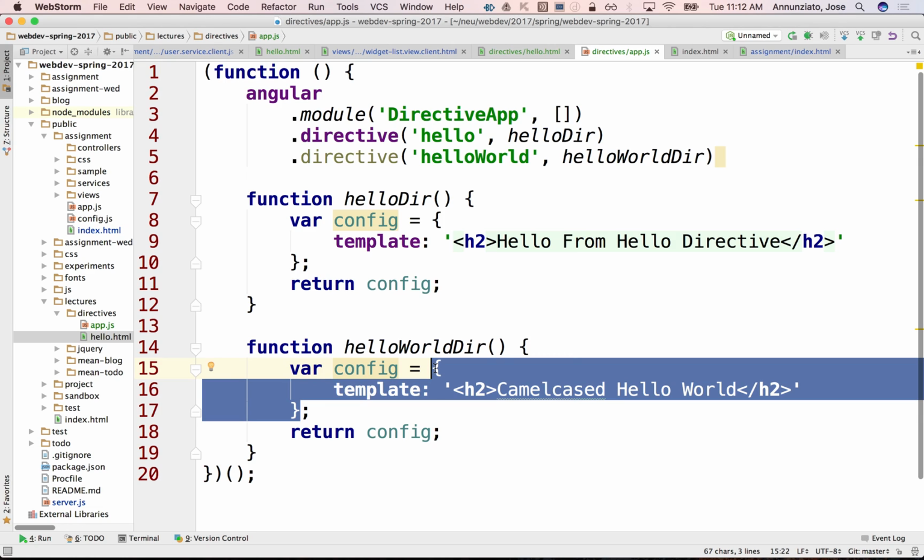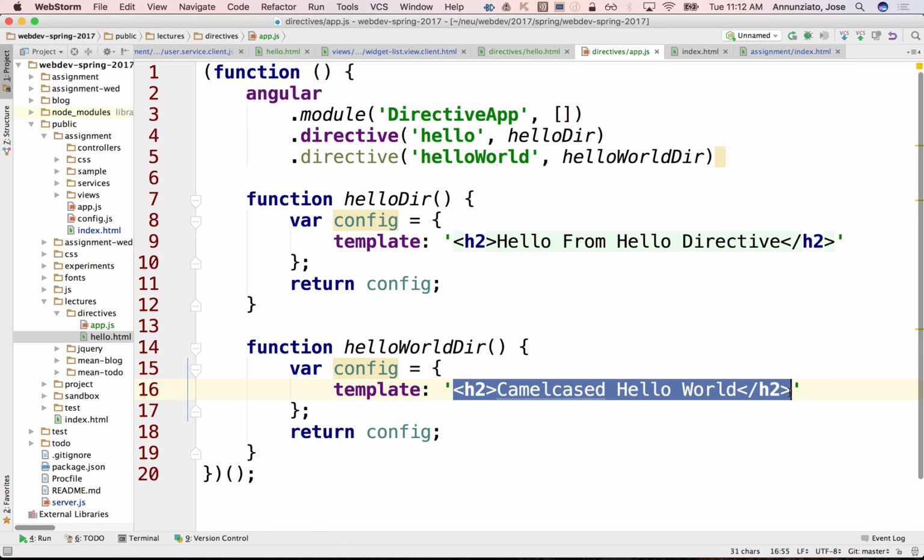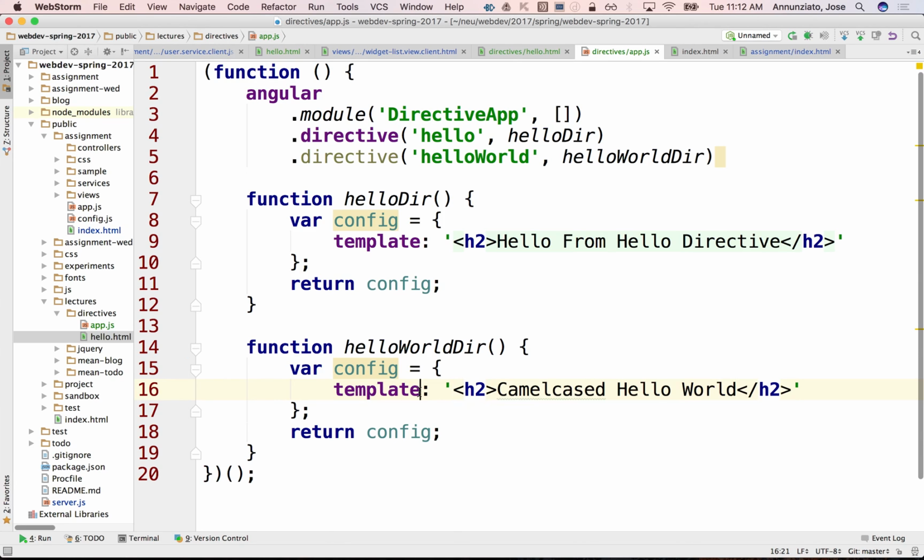Template is useful if you just have a very quick piece of content that you want to add there. If instead it's an entire HTML document that is very, very long, you can say template URL, and say the document is actually located in views